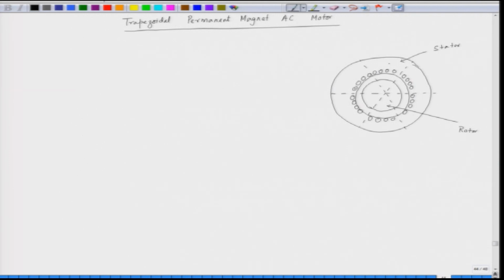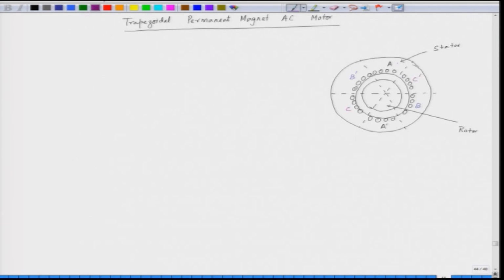So, let us say this is phase A. Now, when we call this phase A, the opposite of this has to be A prime. So, phase A is spread over 60-degree here and 60-degree here. So, this is A prime. Phase B is shifted from phase A by 120. So, this is phase B, B and B prime, and we have phase C which is C here and C prime.